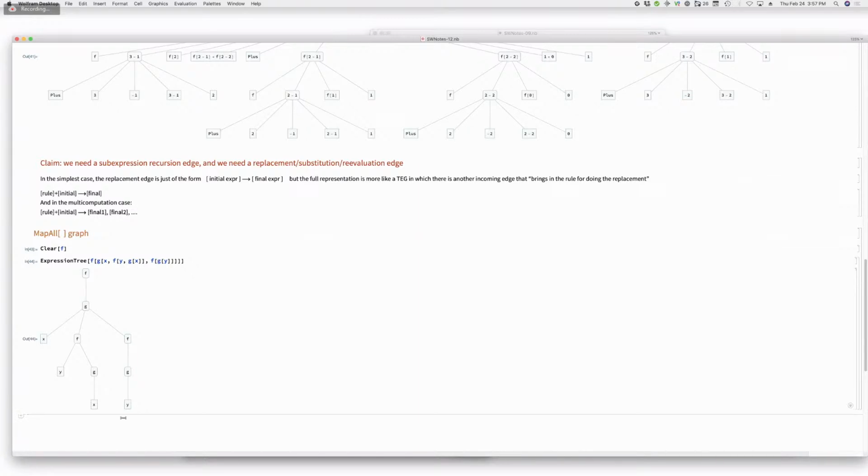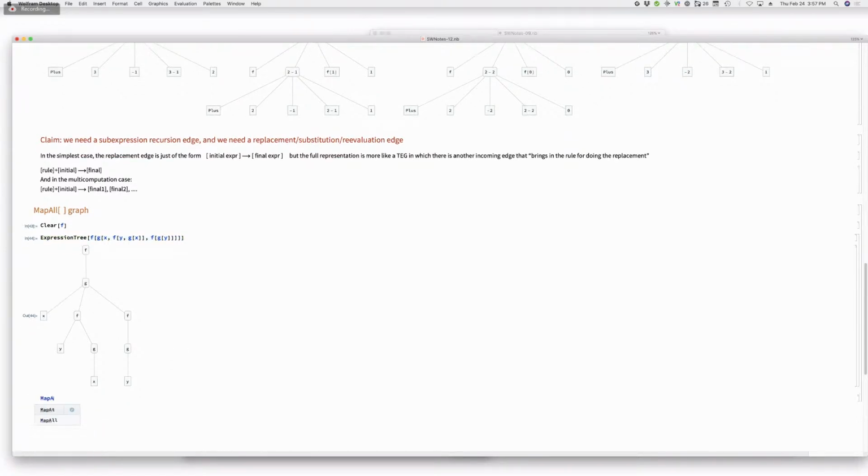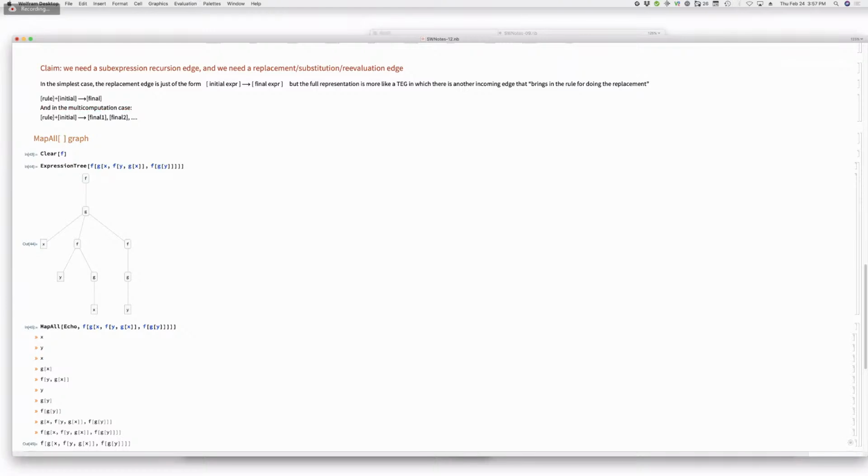Do you understand what I'm asking? You've got a version of expression tree that will show me in its nodes the successive expressions that are fed to MapAll. Do you understand what I'm saying, Ian? Do Subexpressions. Okay, because what I want to see is, if I take this thing, why isn't this working? If I take that thing and I say MapAll of echo, comma this, boom, there I get that.